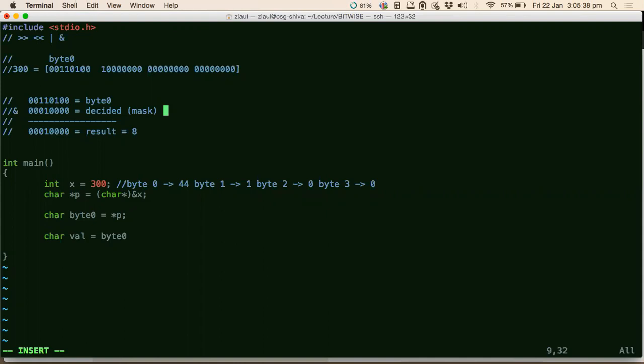Wherever you put a 1 and do the AND, that particular bit will be visible to you, that is, wherever there is a hole in the mask. So just think of a mask like this. A mask is only to get the required part out of a number, out of a byte.